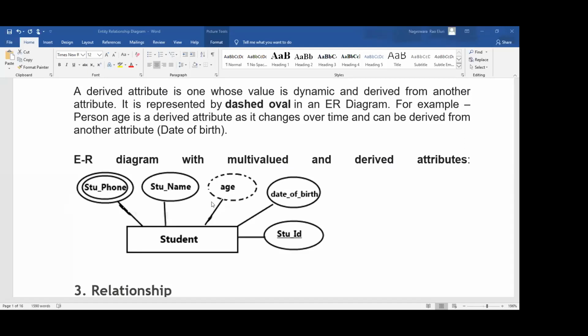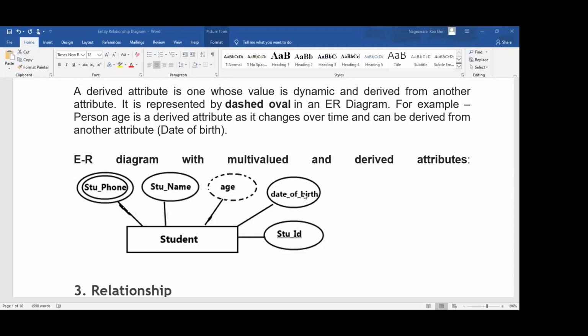But this is a dashed oval. So why is this a dashed oval? It is given a dashed oval because we are deriving this age attribute from the existing attribute, date of birth. Date of birth is constant, but age will change year by year.